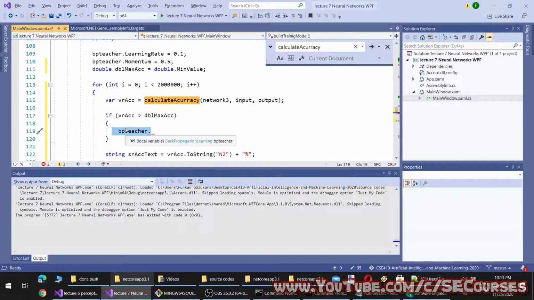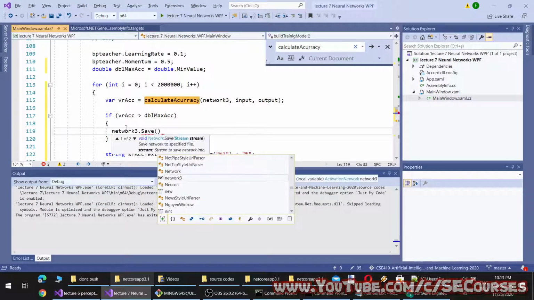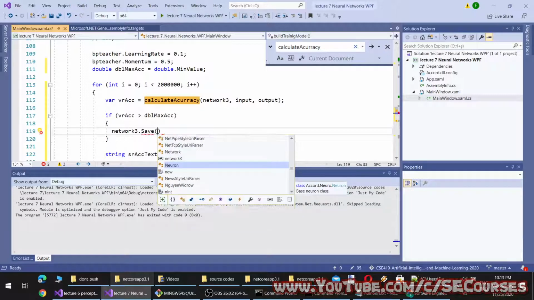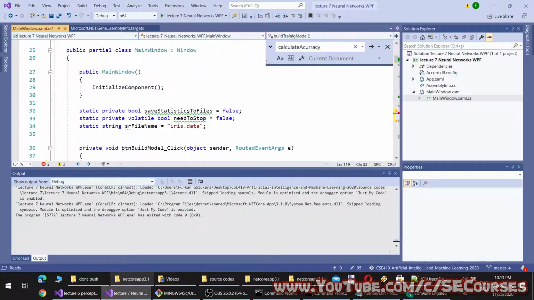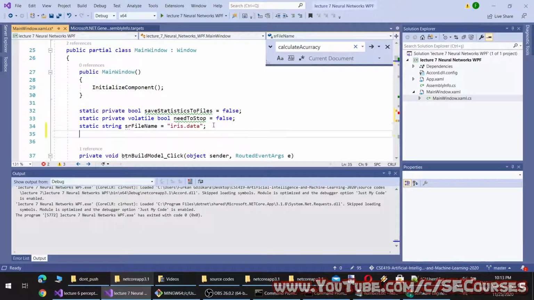Okay, so save, and save takes a stream and a file name. Okay, fine. So in this case, we need to define some data so that we can change them quickly.